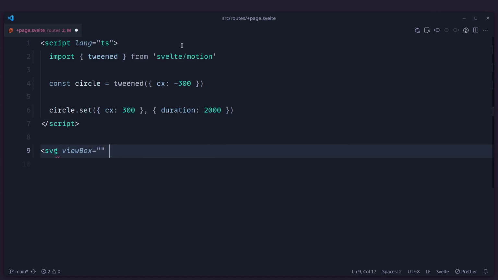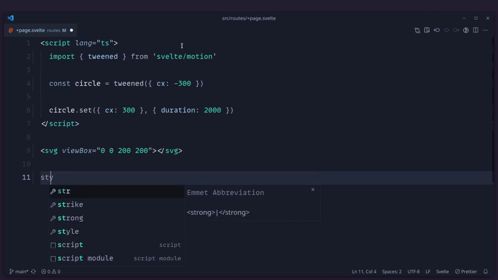And people mistake this view box for the width and height of the SVG, but actually think of it like a camera. So you have this sheet of paper, which is your SVG, and then you're saying, okay, this is my X and Y 0, 0. So that's the top left corner of the SVG. And then you're like, okay, what part of it do I want to look at? So it can be 200 by 200 pixels. So this isn't the actual width and height dimensions of the SVG element itself.